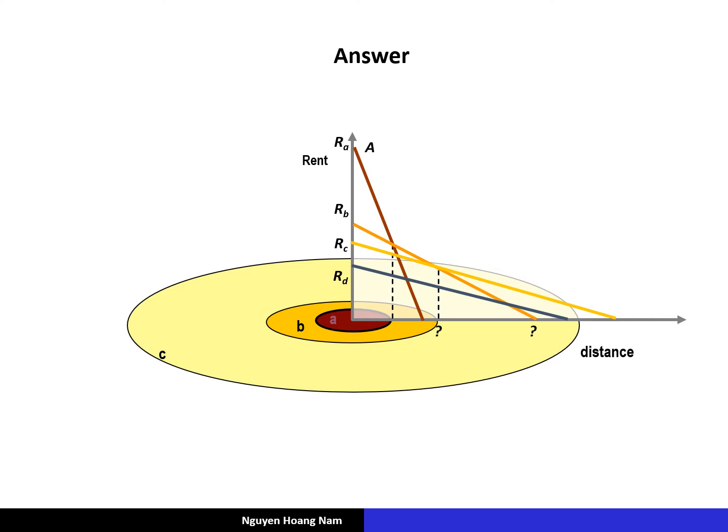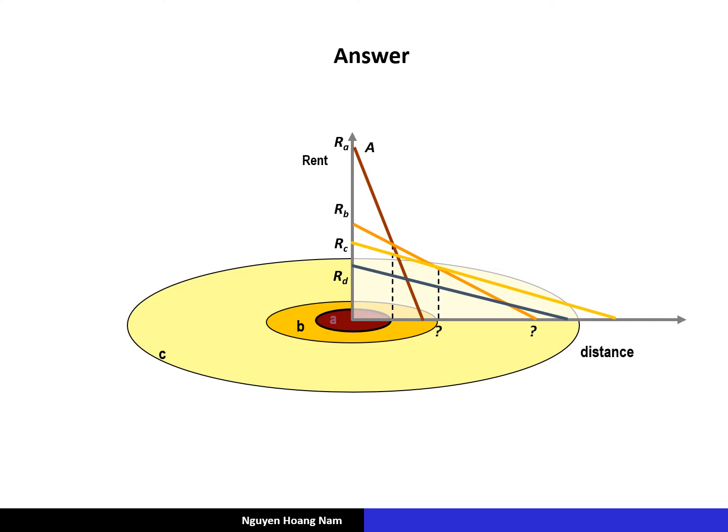And that explains why we see the intersection here. From the calculation we can find this is 5 kilometers, this is 2.5 kilometers, and this intersection is 13.333 kilometers from the city center or from the market,